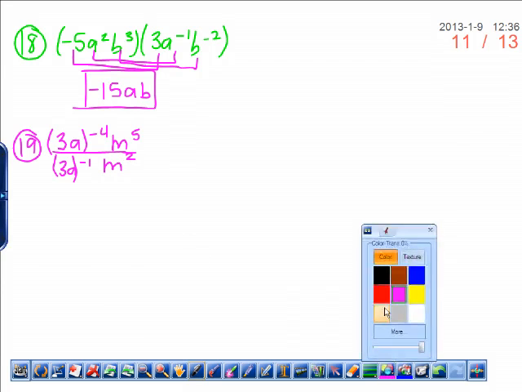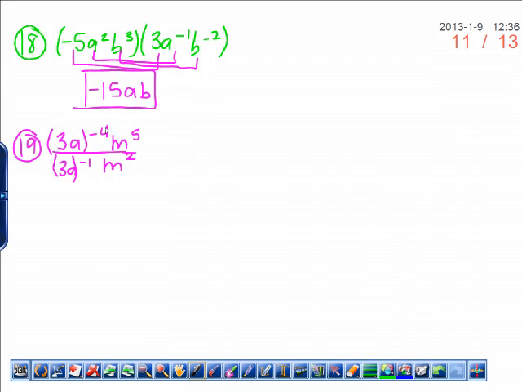That means I'm going to move this piece to the denominator and this piece to the numerator, because they both have negative exponents. So this would be 3a to the +1, which is just 3a, and then 3a to the 4th. m to the 5th stays on top, and m squared stays on the bottom. So when we simplify, this becomes 3a m to the 5th